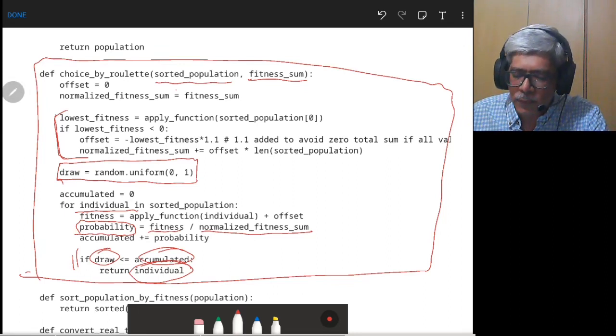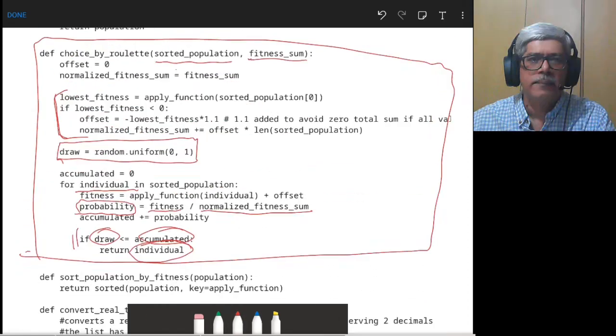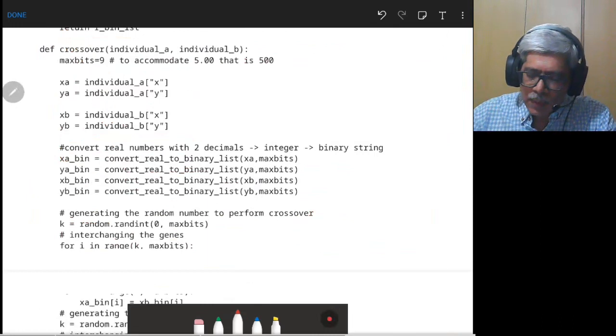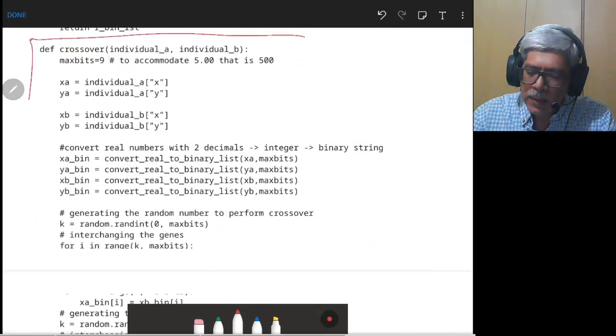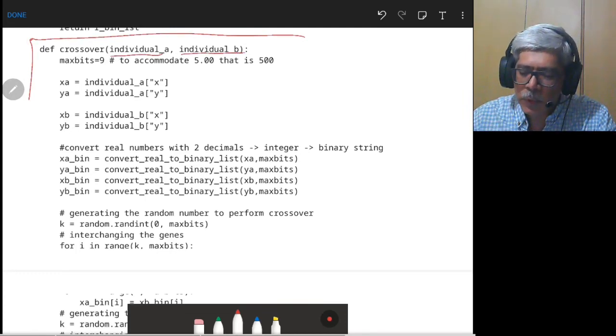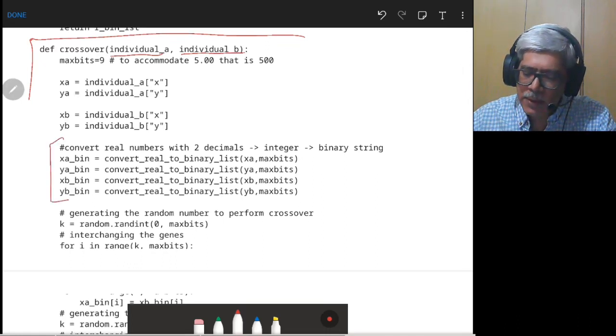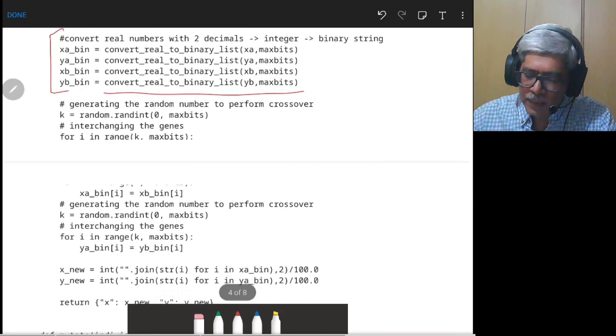And once those parents are formed, the next option is to do the crossover. So let's look at the crossover routine. The crossover routine begins here. We are giving the two parents' strings as an input to this particular routine. We convert these strings into binary strings. Using this routine, we convert them into binary strings, and